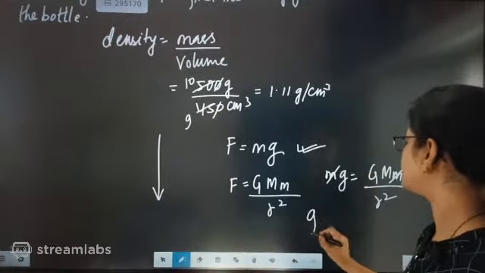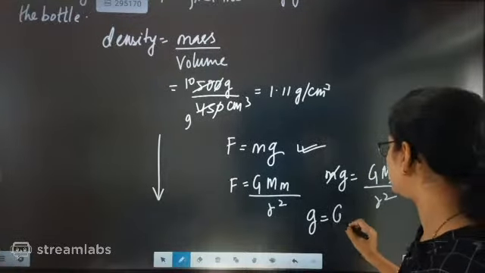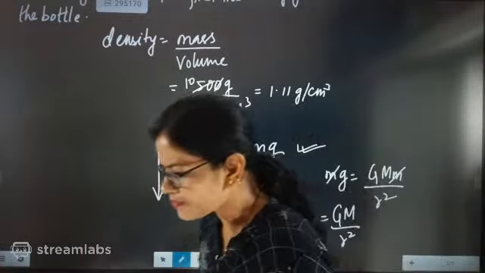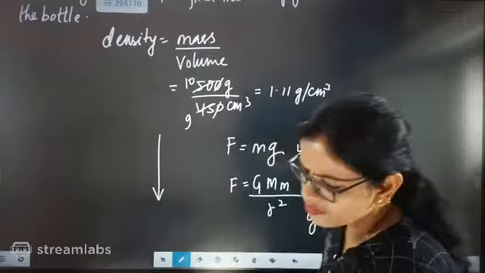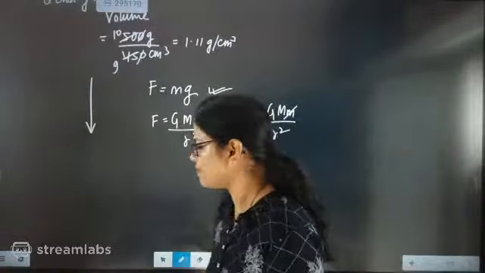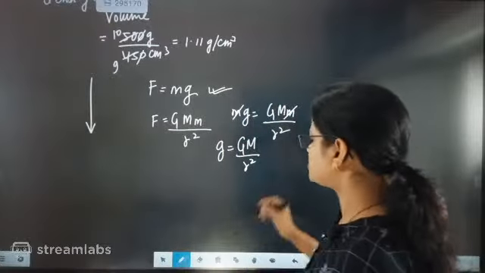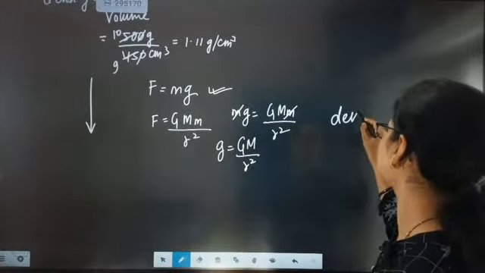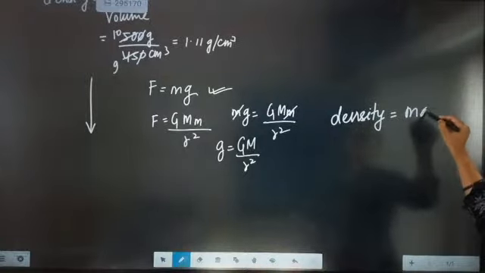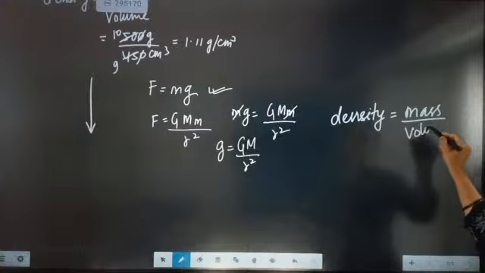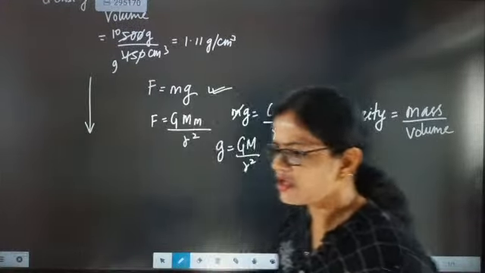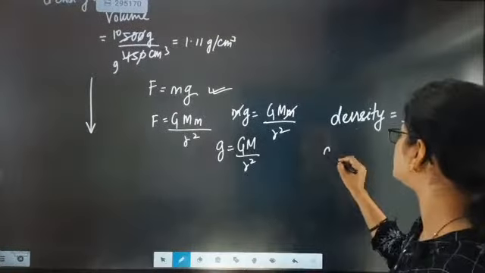Now we know that in the freely falling concept, it is independent of the mass of the object. So since it is independent of mass of the object, it is totally dependent on the mass of the planet. Now mass of the planet means density of the planet. Density of the planet is equal to mass of the planet by volume of the planet. So exactly she might have done like that.